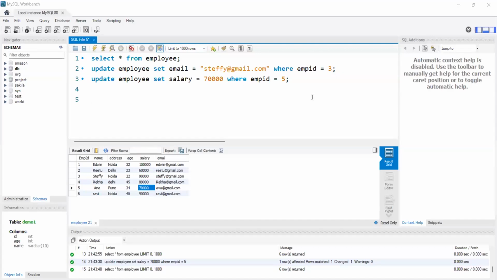Now, for example, these are for the records only. If you want to make changes in the column, like here I have written email only. Update is the command that we are performing. Employee is the name of the table. Set is a keyword to set a new value. Salary is the name of the column. And then after that, this is the new value where employee ID is equal to 5. So let me quickly tell you, if you want to,